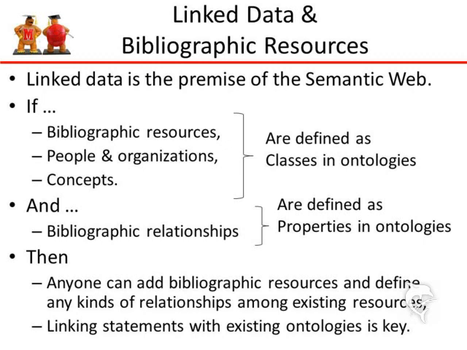So those bibliographic relationships that we saw a few slides ago could also be described as object properties in semantic web ontologies, and then any kinds of bibliographic works could be affiliated in any kind of bibliographic relationship that anyone could conceive of and encode in an ontology. So the richness of description gets so much better than what you typically get in flat, minimally interrelated catalog records in a library catalog.